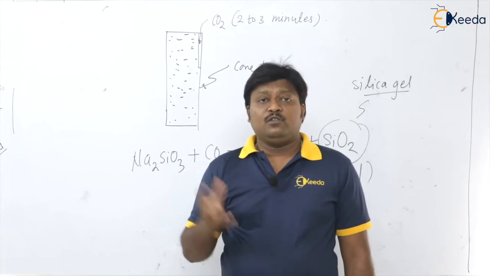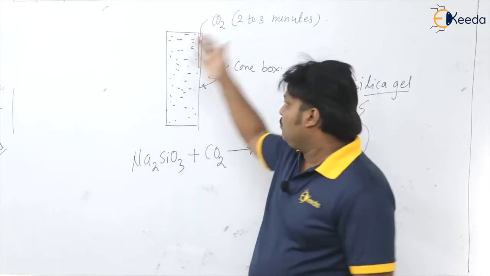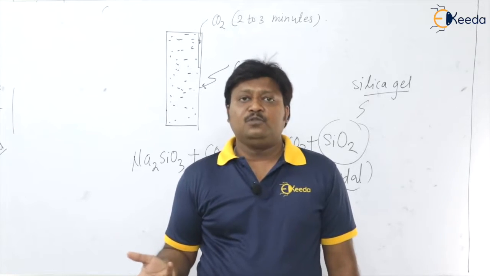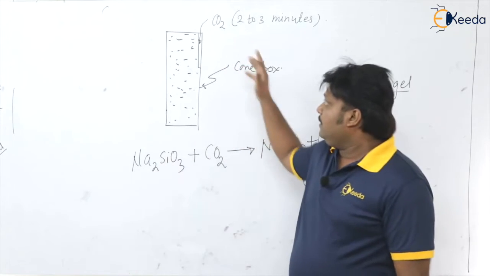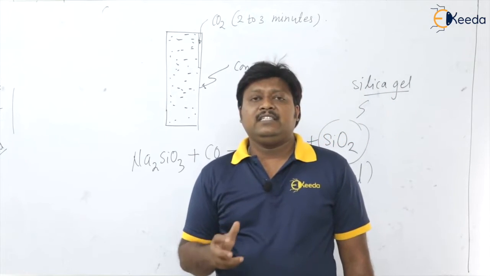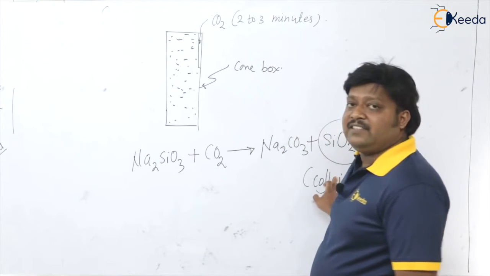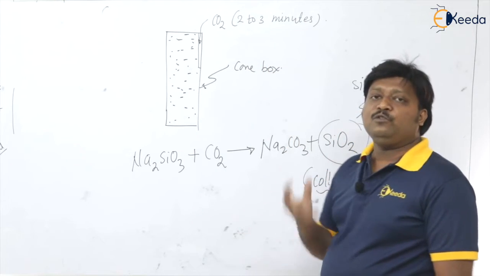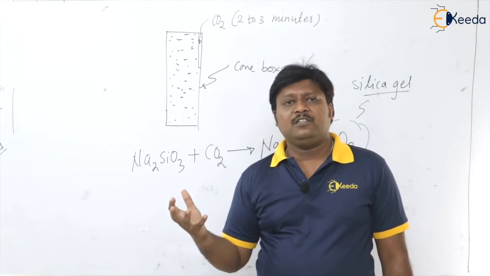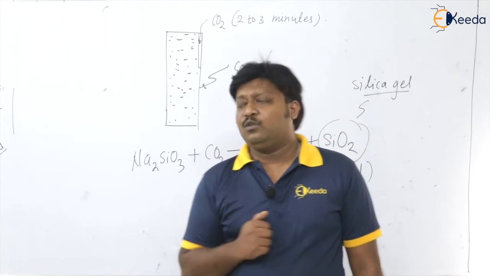You have to use that core within that time period. Otherwise, after 5 to 6 hours, this core will be once again the loose sand, so no use. Please remember, the strength which is given to the core is basically from this colloidal SiO2 or silica gel, and you have to use it within 2 to 3 hours. Up to 5 to 6 hours, it will become loose sand. So that is the thing for the core making.